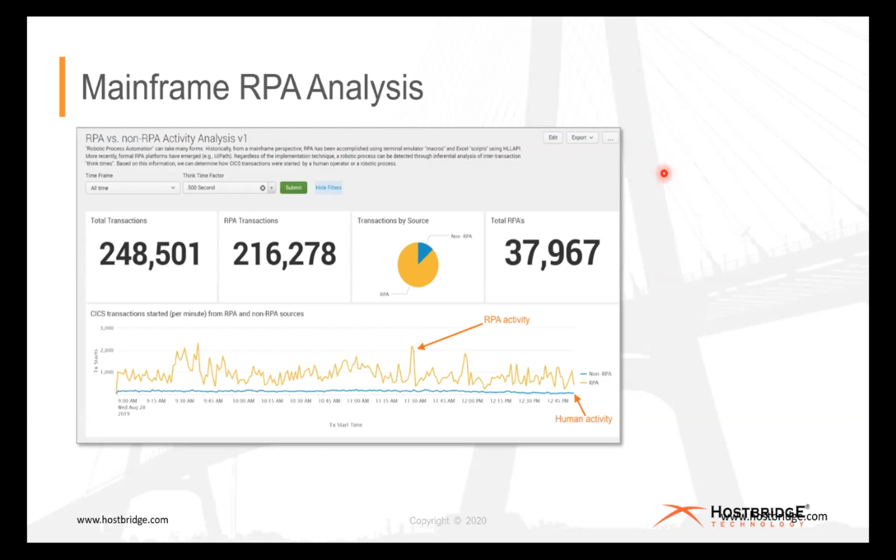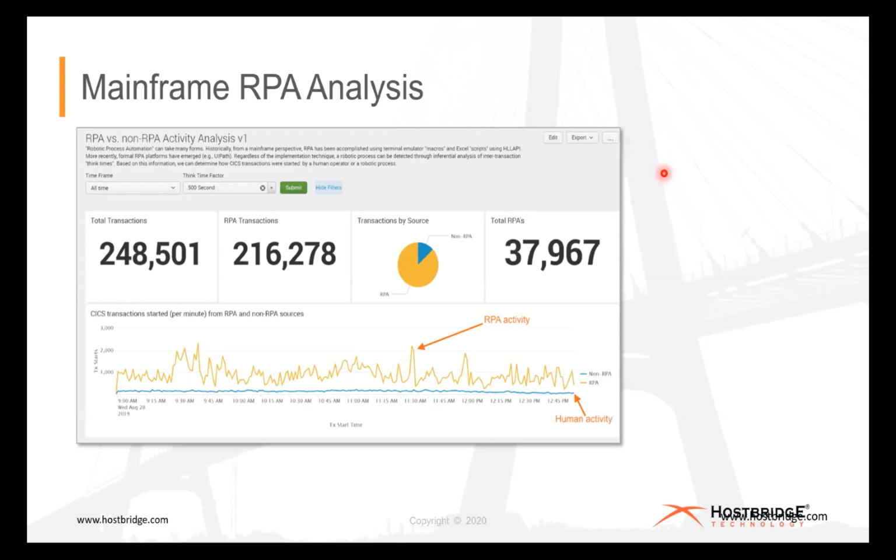This particular screen is just an activity analysis, and from this analysis we were able to determine that for this interval of time, which was really just 2 hours during one processing period,